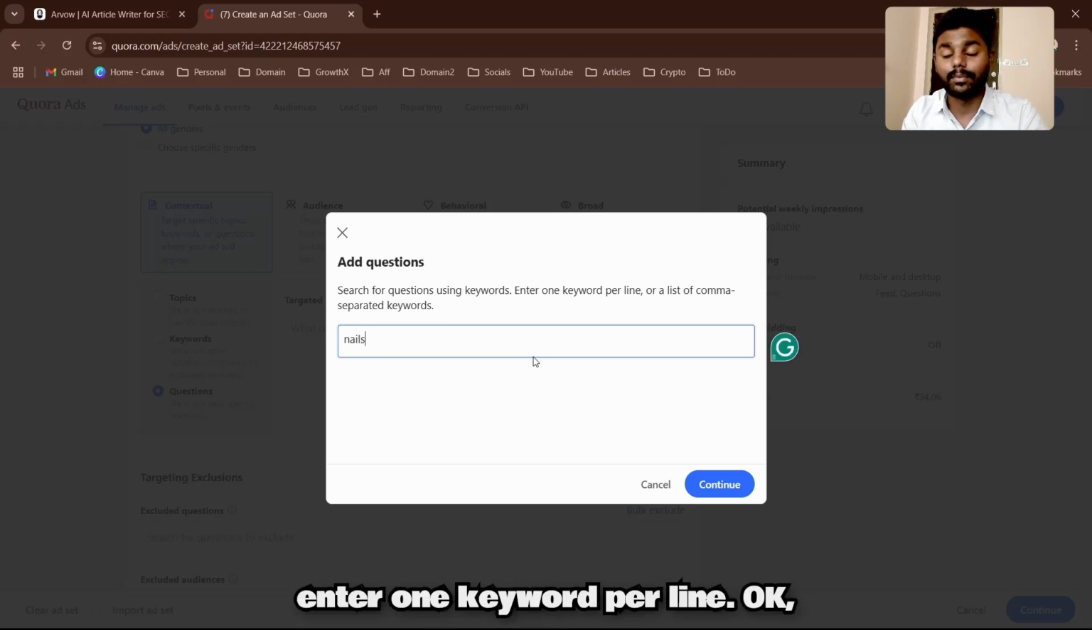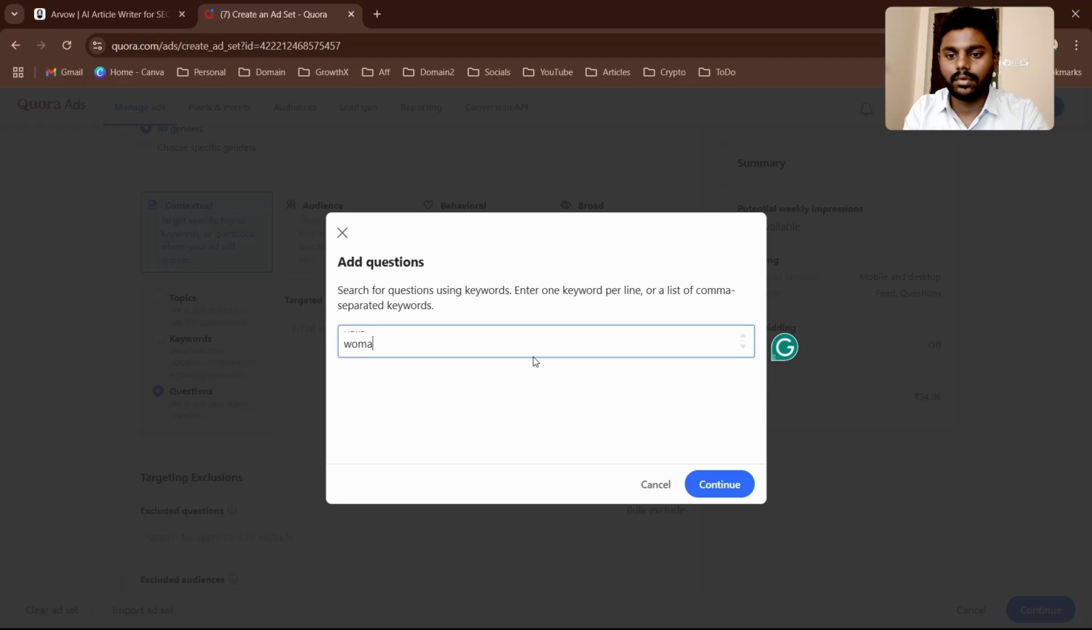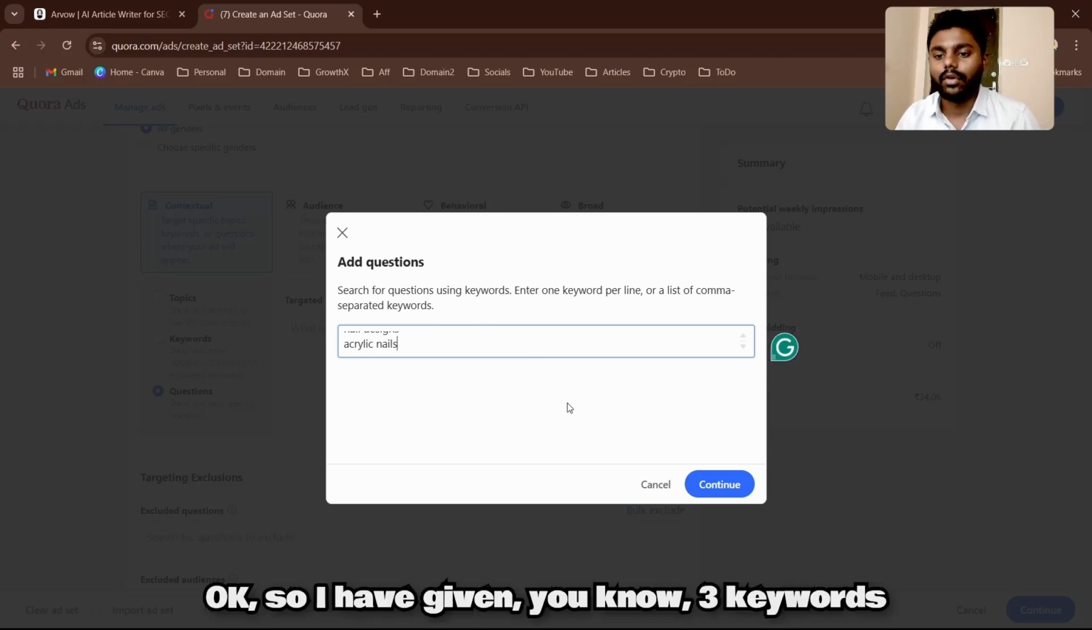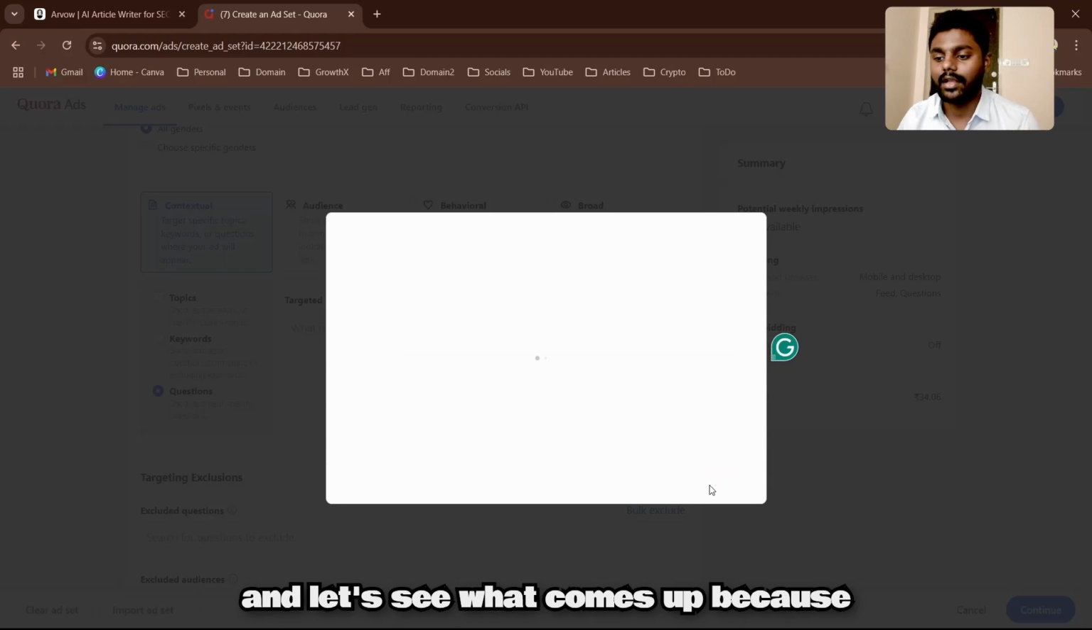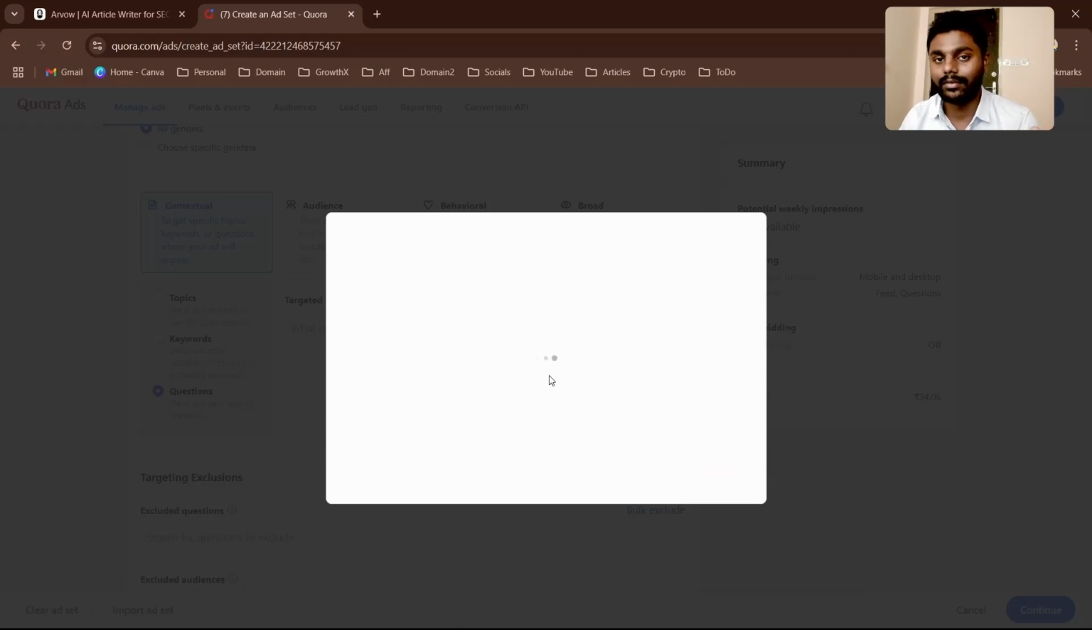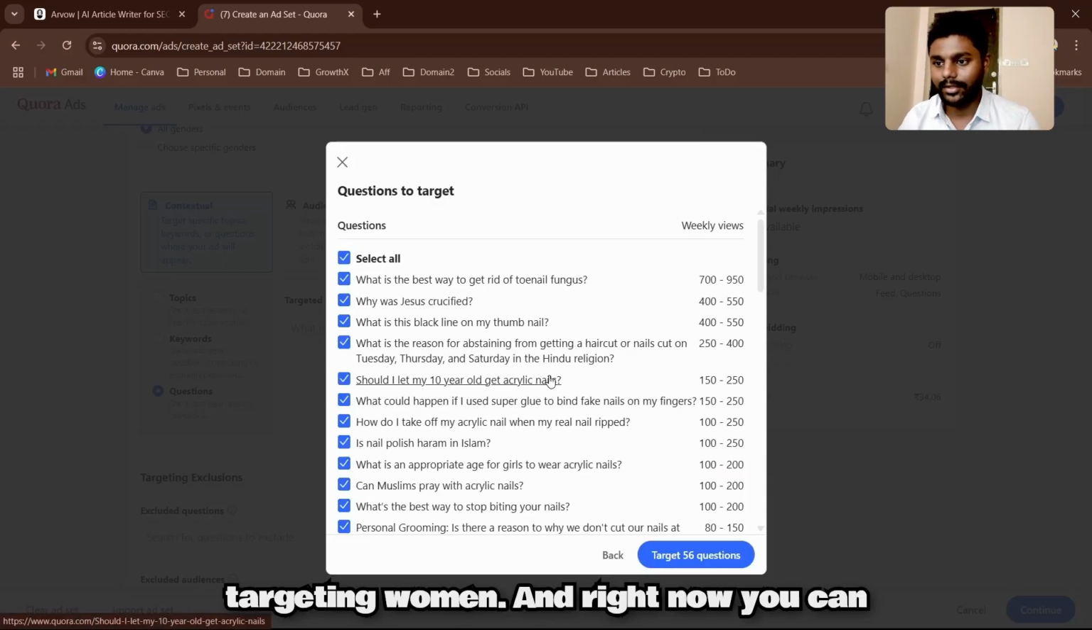enter one keyword per line. Okay, Control Shift enter, nails. Okay, so I have given 3 keywords, and let's see what it comes up with, because I'm targeting women, and right now